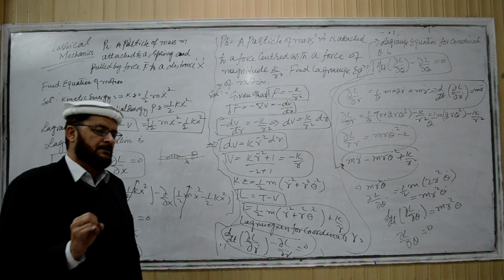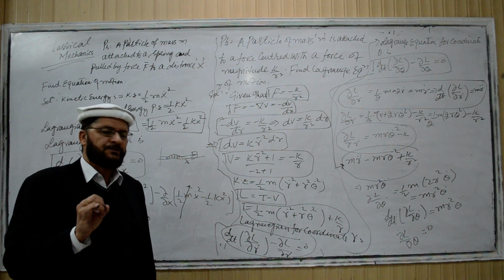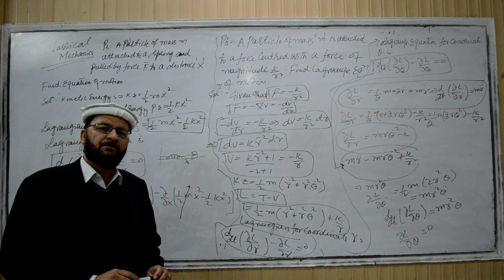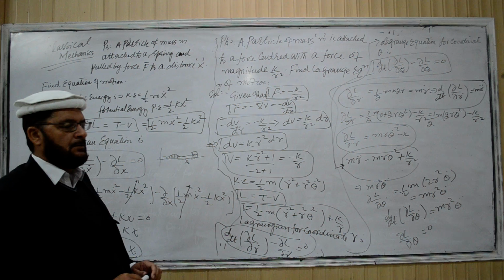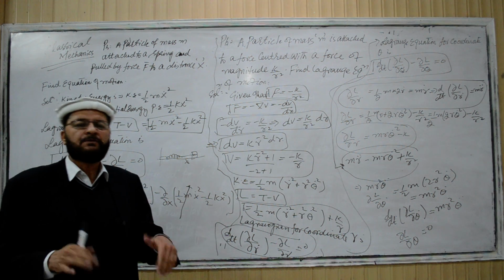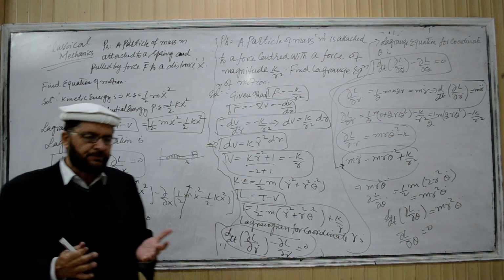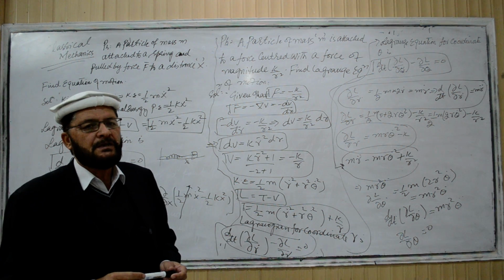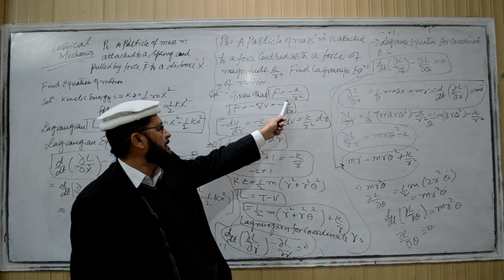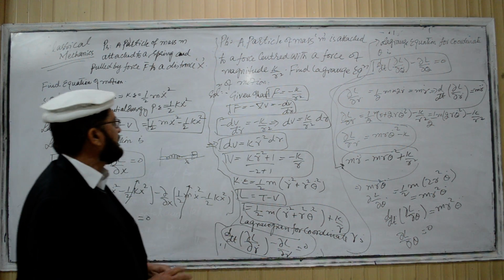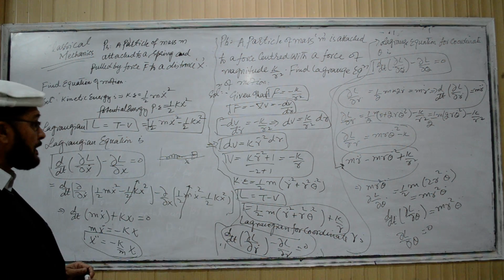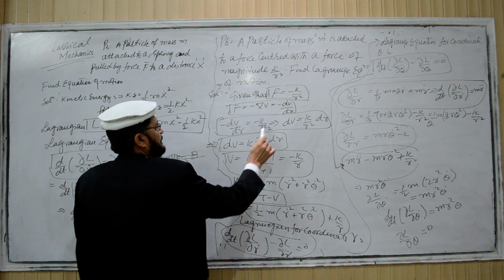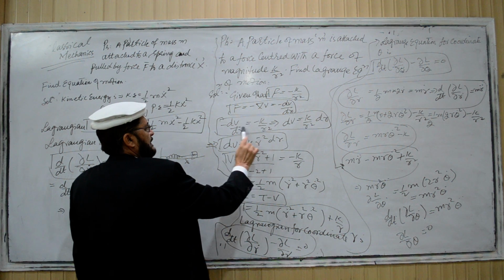Negative sign specifies its attractive nature. F is equal to minus k divided by r square. But in a conservative system, if the force is conservative, it means that F is equal to minus gradient of V, minus del V divided by del r, or minus dV divided by dr in this case. So comparing the two,